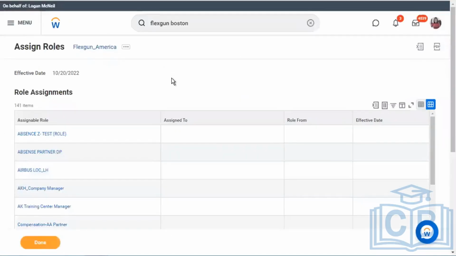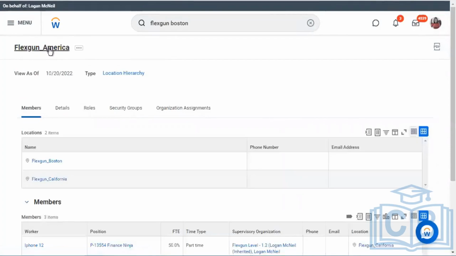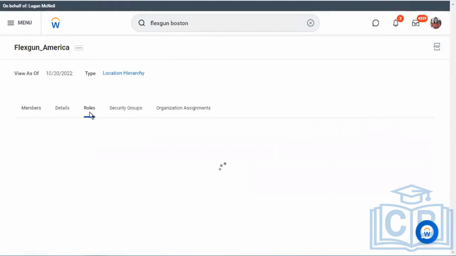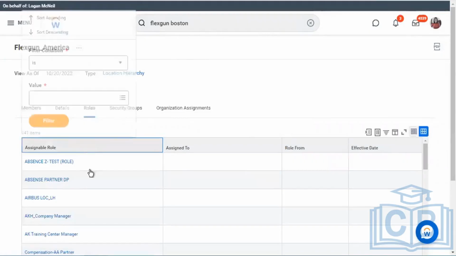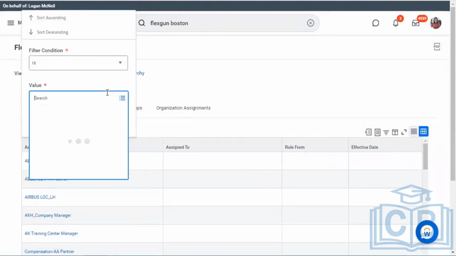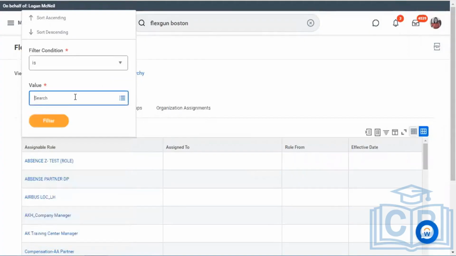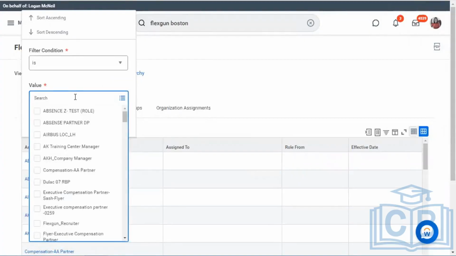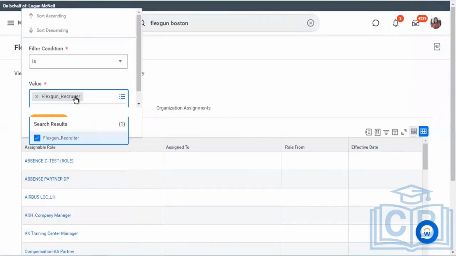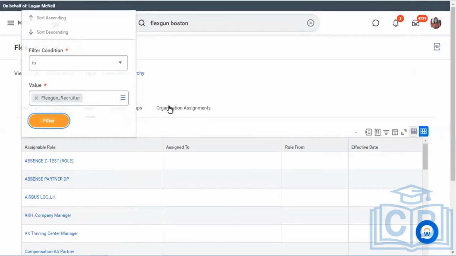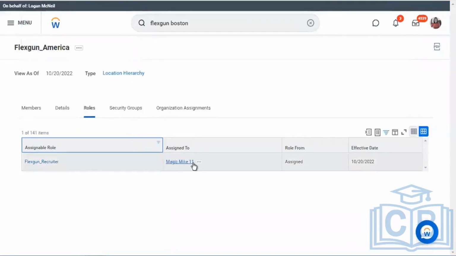Now, what this means is that anyone hired in this location hierarchy, this location is somewhere or the other tied to the different organizations, anyone hired in this particular location, Magic Mike will be the recruiter for those. I should look for Flex, Magic.